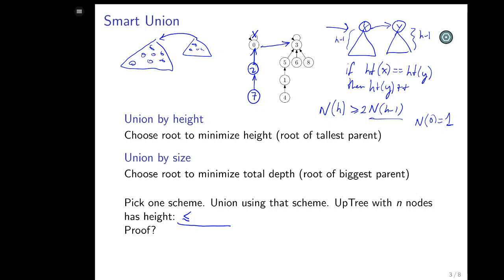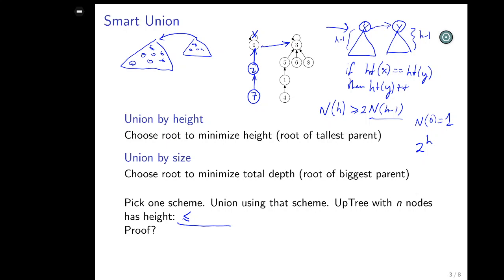And then you can look at this and figure out what it's going to be. It's going to tell you that the number of nodes in a tree of height h has got to be greater than or equal to something like... I got a recurrence relation that says multiply by 2 every time. Somebody say something, please. 2 to the h. So now we know that the number of nodes in a tree of height h is at least 2 to the h,